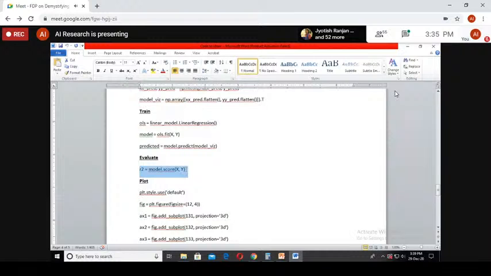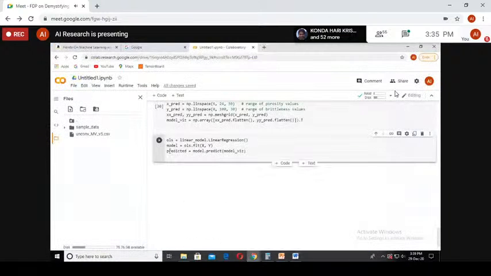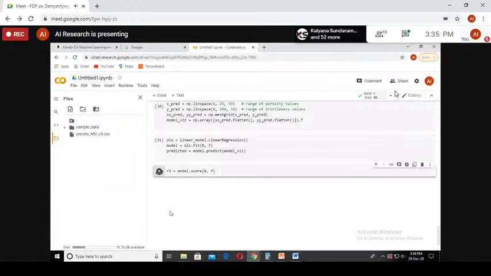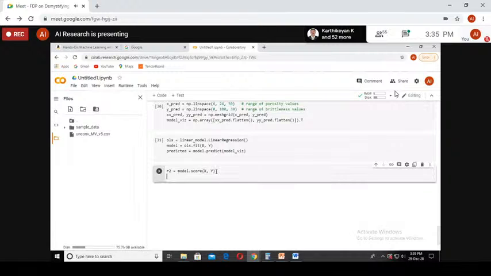Once you have stored it in R2, it won't give the result to you. If I want to know the result of R2, I can give print of R2. Once I have given that,